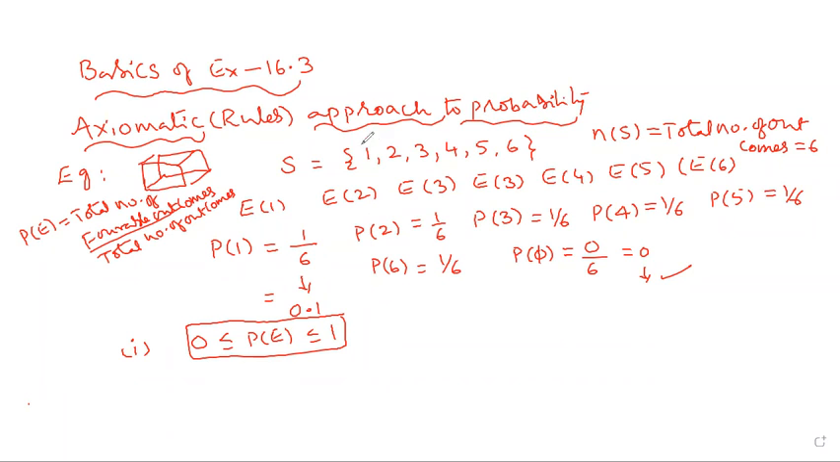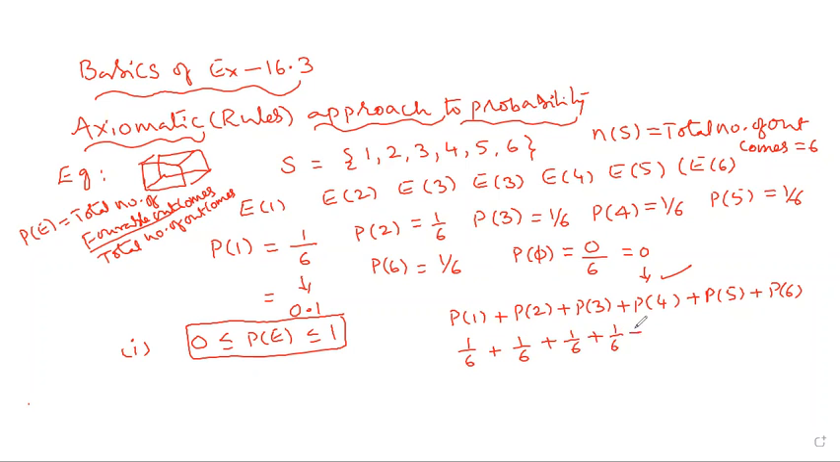Sample space: 1, 2, 3, 4, 5, 6. Adding every probability in the sample space: P of 1 plus P of 2 plus P of 3 plus P of 4 plus P of 5 plus P of 6. There are 6 probabilities: 1 by 6 plus 1 by 6 plus 1 by 6 plus 1 by 6 plus 1 by 6 plus 1 by 6. Total is